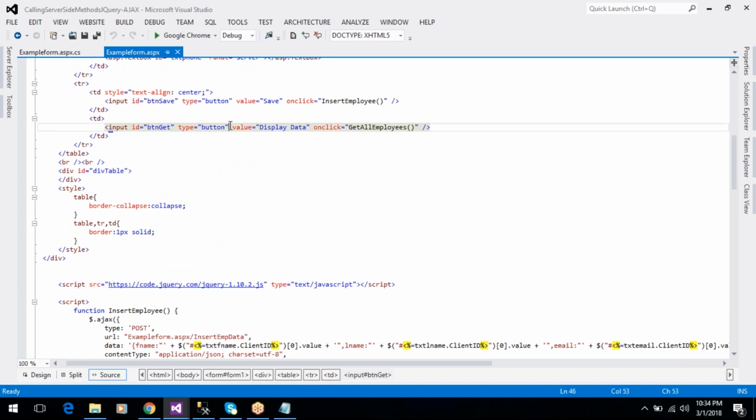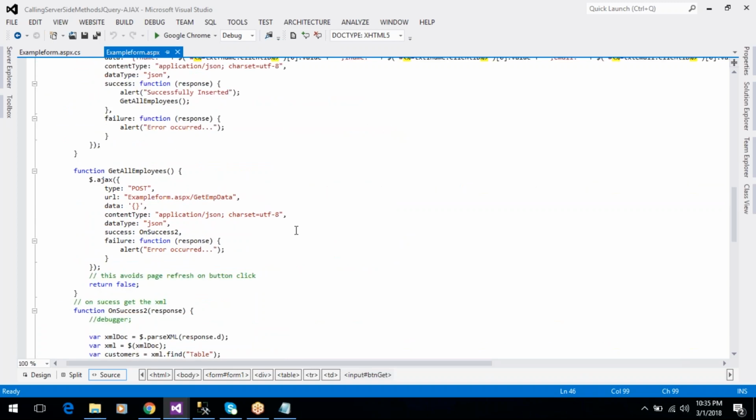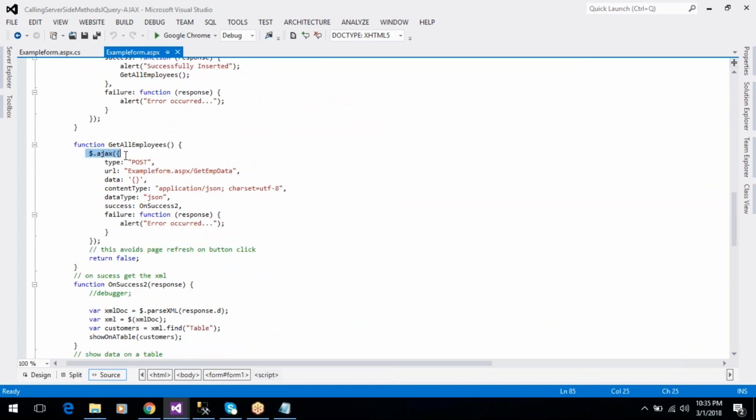So when you click on this display data button, this function is executed, get all employees data. Okay, Ajax call, type equal to post, and URL. This is the web method, example form.aspx slash get emp data is the web method. We are not passing any data, and content type,